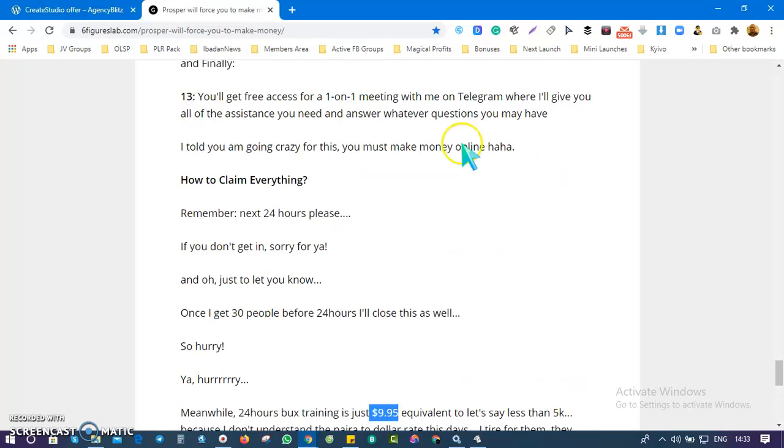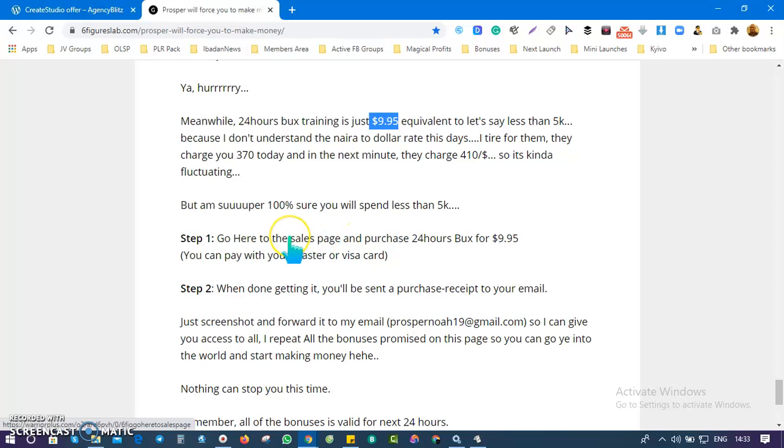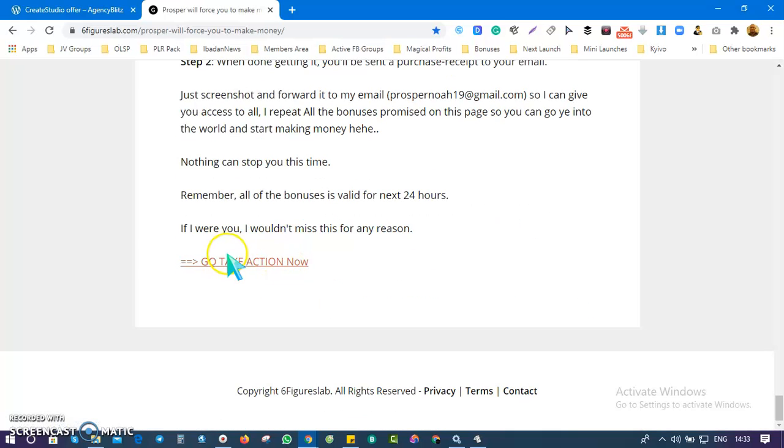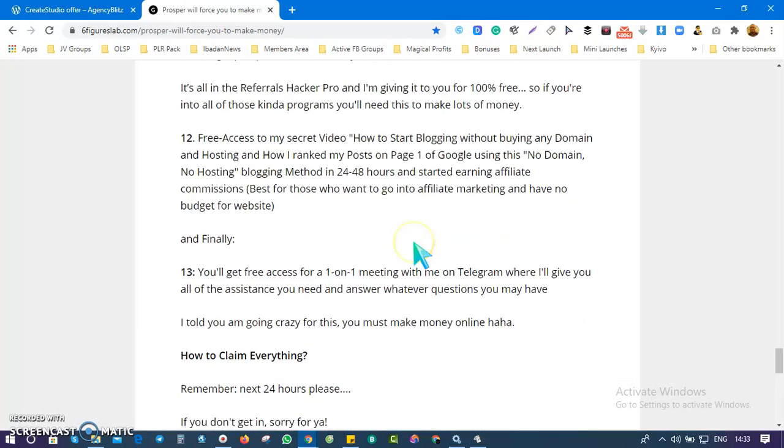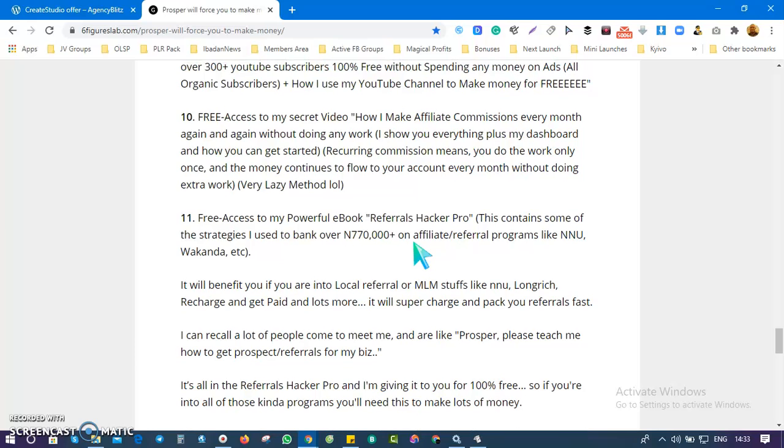So you can see this is his bonus page, and this is where he inserts his affiliate link, and if you scroll down you can see this is where he puts his affiliate link. So your affiliate link will be on your bonus page. Now try as much as possible not to promote products and then direct them straight to your affiliate link. No, you let there be a bonus page. It will help you get more conversion and help you to actually get more results and help you to earn